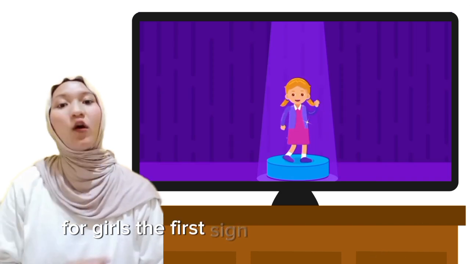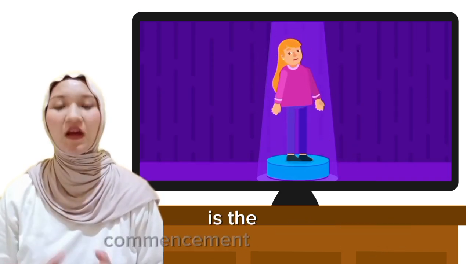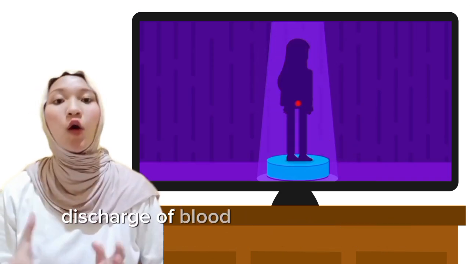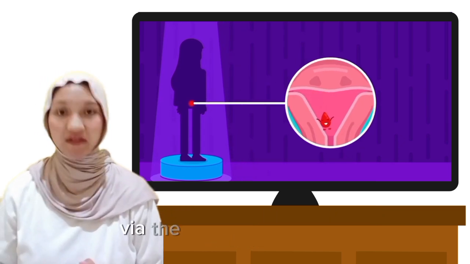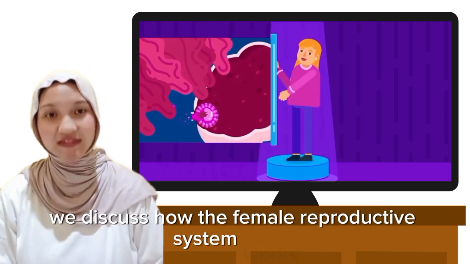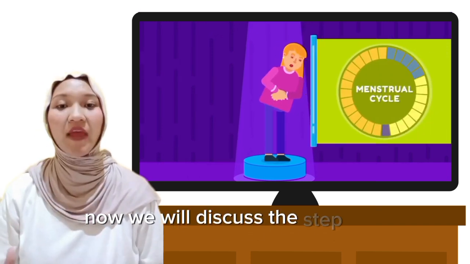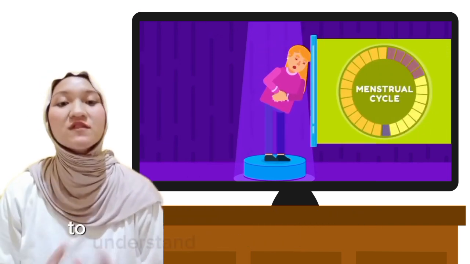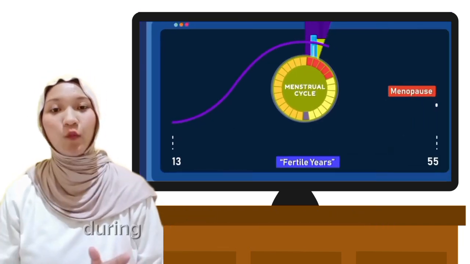Girls, the first sign of hitting puberty is the common occurrence of a monthly discharge of blood, or menses, from the uterus through the vagina. Previously, we discussed how the female reproductive system works. Now, we will discuss the steps in a menstrual cycle to understand how the egg develops during a woman's fertile